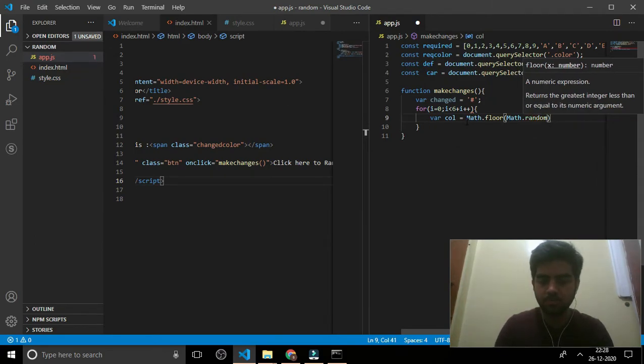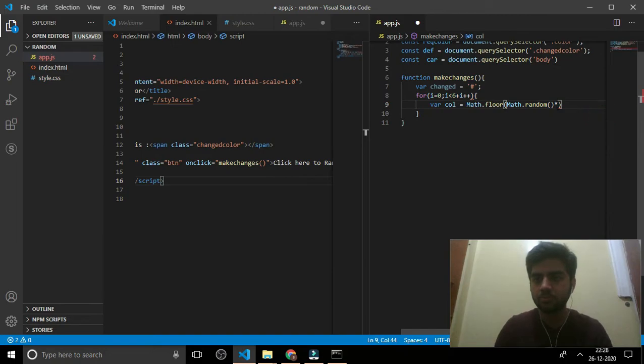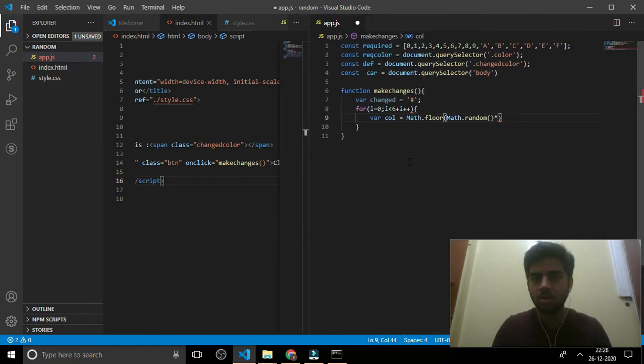Math.random, asterisk, oh sorry, what is the array required, right? Array required dot length.